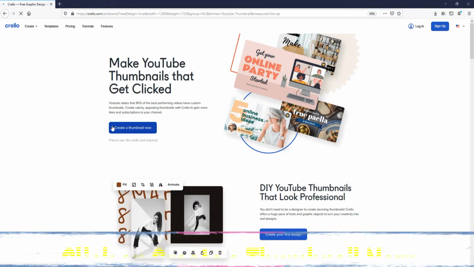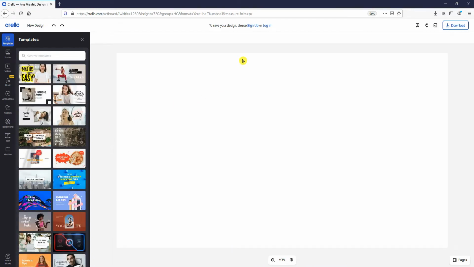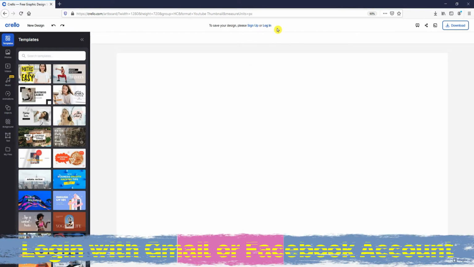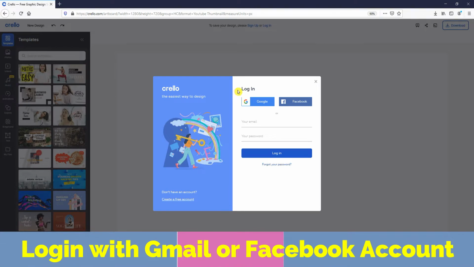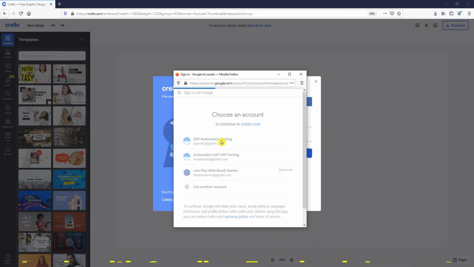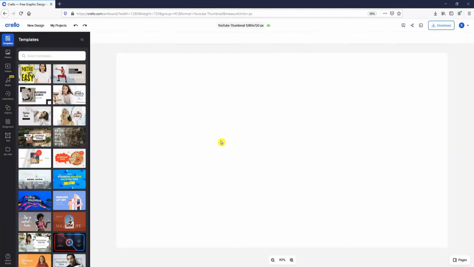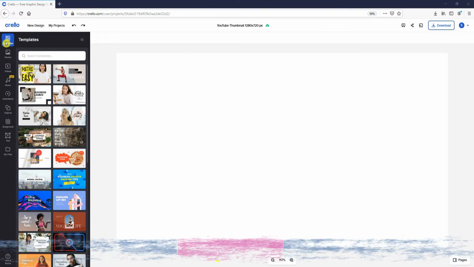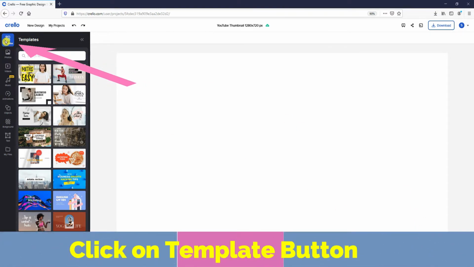Now click on the create a thumbnail now button. Click on the sign in link and select your Gmail or Facebook account to log in to the website. I am logging in using my Gmail account. Now login is successful. Go to the left side panel and select the template section, template button,